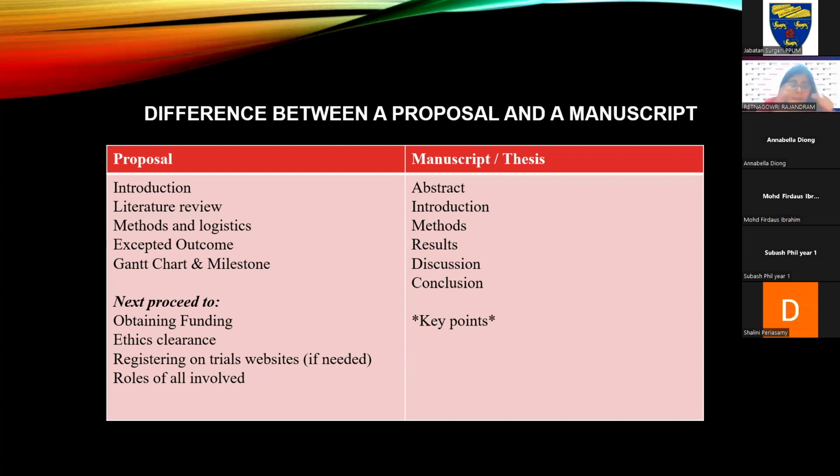Okay, there are other things which you might need as part of your project. In most cases, you'll definitely need ethics clearance, and you might need funding. So you need to look into putting a proposal up to get funding, not just to get ethics clearance. And you also might need to register, if it's a trial, an RCT, on a trial website. Okay, and that depends on whether you're running an RCT or not, and/or if it's requested by the ethics